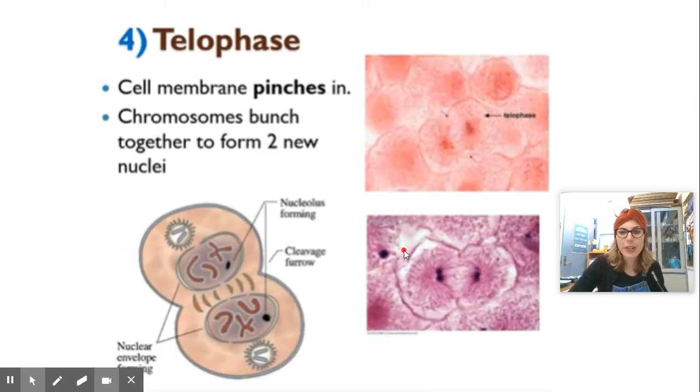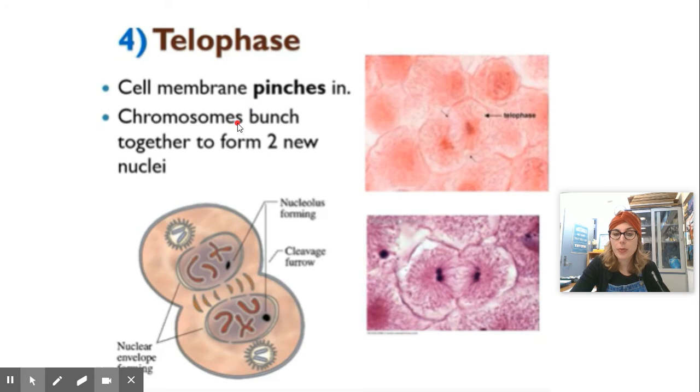All right, now we are into telophase. We're getting close to the end of mitosis. So at this point, the cell membrane is going to start to pinch in on the side. So you can see the cell membrane is starting to pinch in. We can see that it's looking like the chromosomes are getting pulled closer to these opposite sides of the cell, and it looks like almost two new cells are about to be developed here.